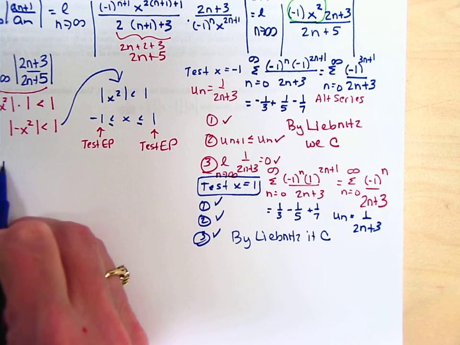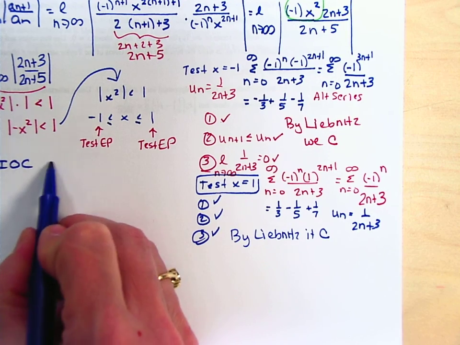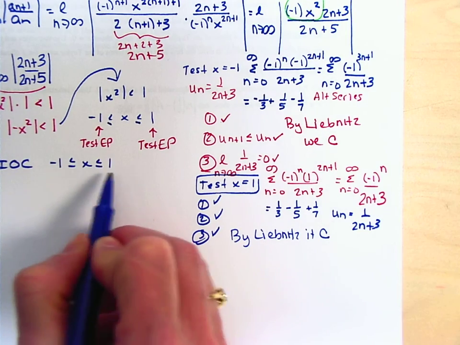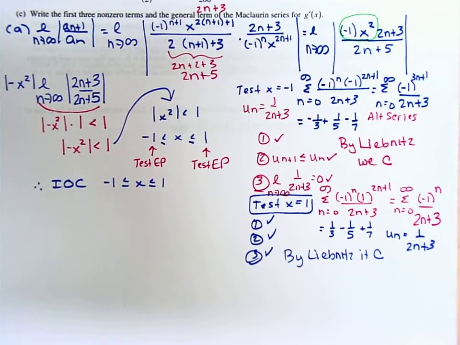So for part A, the interval of convergence would include both endpoints. So moral of the story is, if you don't